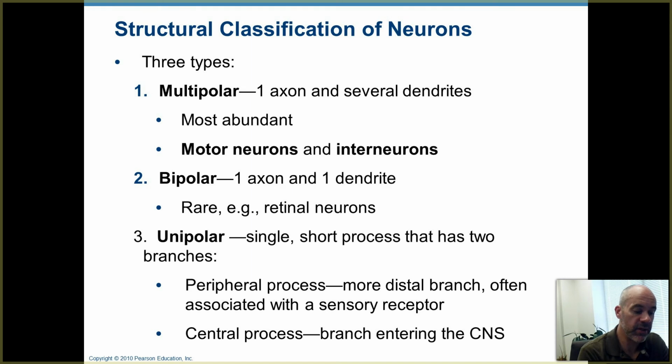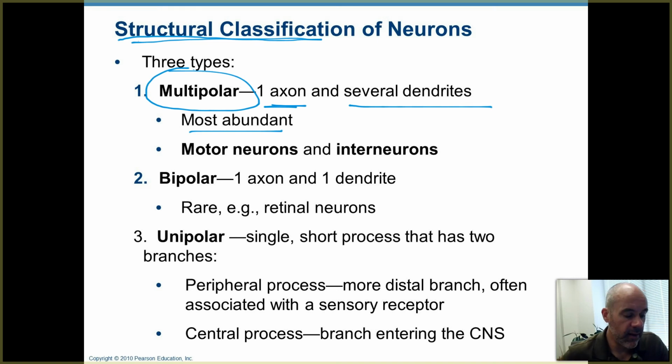Okay, structural classification of neurons. Neurons come in different types, and they can be classified according to their structure. The structure types are multipolar. That's what we've seen before, where you have one axon and several dendrites. That's what most of your neurons look like, the typical neuron configuration. Then there are neurons that are called bipolar, and no, that does not mean that they undergo major mood swings really easily. They just look different. We'll see some pictures of these in a minute. They have one axon and one dendrite rather than one axon and many dendrites.